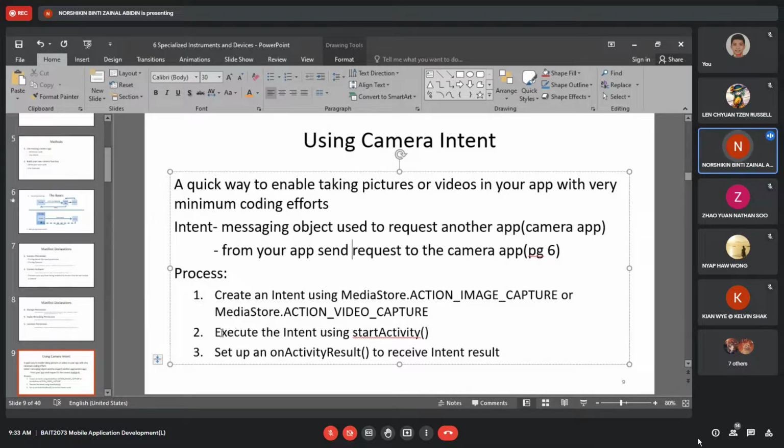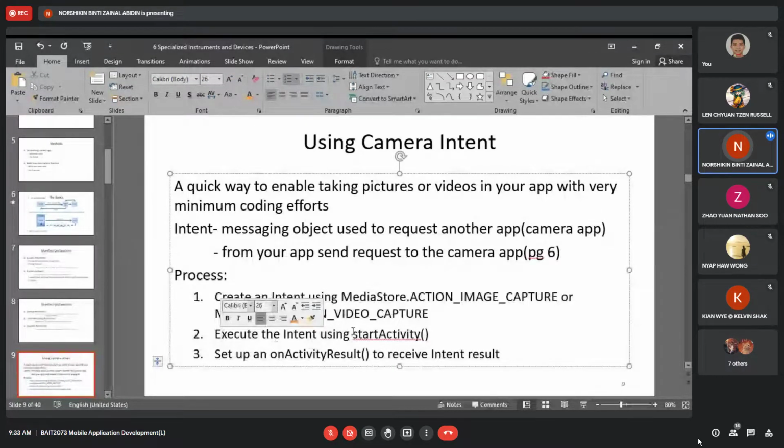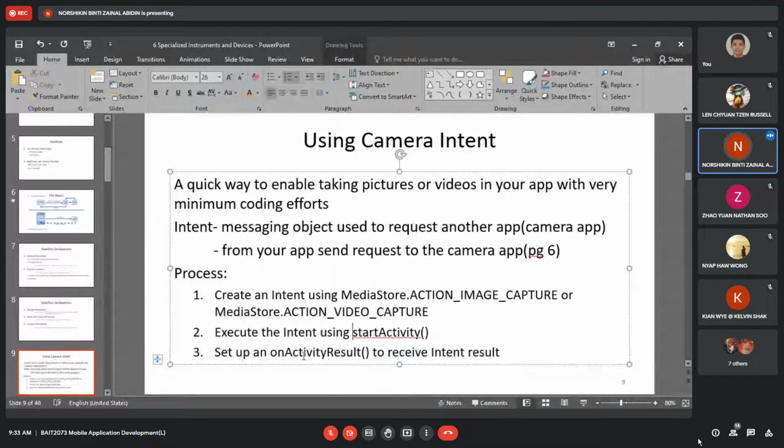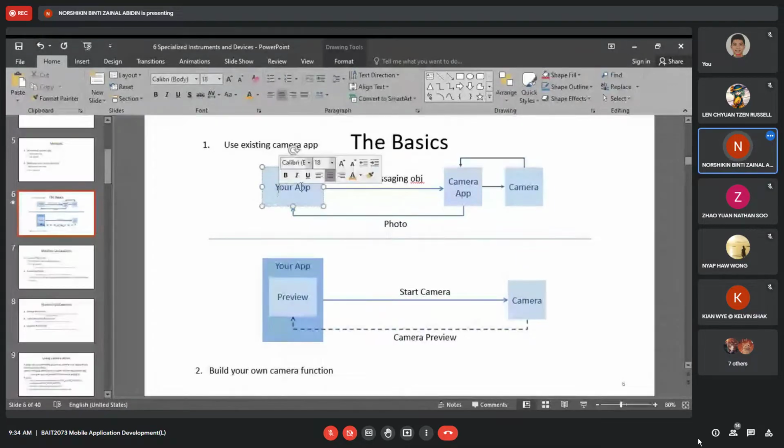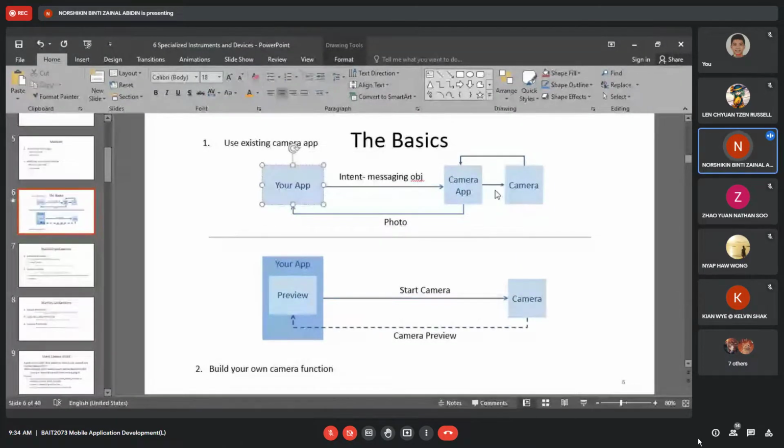And then second is execute the intent using the start activity. Start activity. So this is the trigger, the event trigger. And then last is set up on activity result to receive the intent result. If you remember, I said in the first flow, in the first logic here, your app will send this intent, or what we call the messaging object. It's like a request.